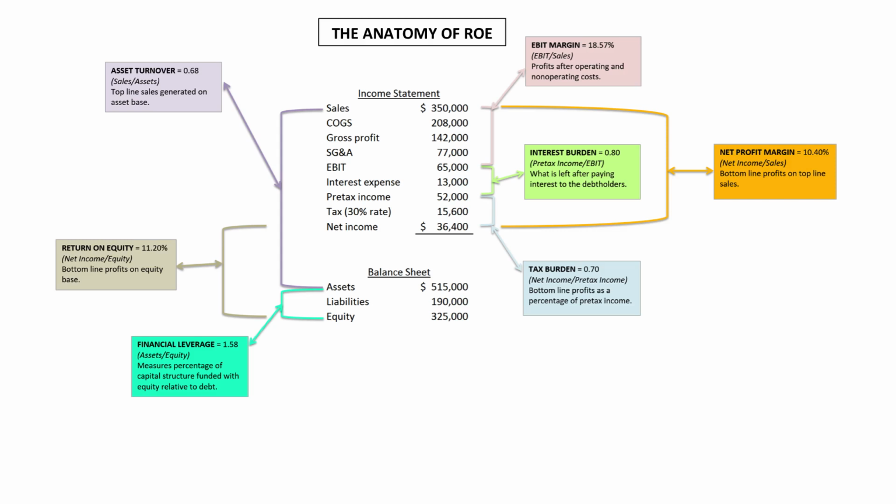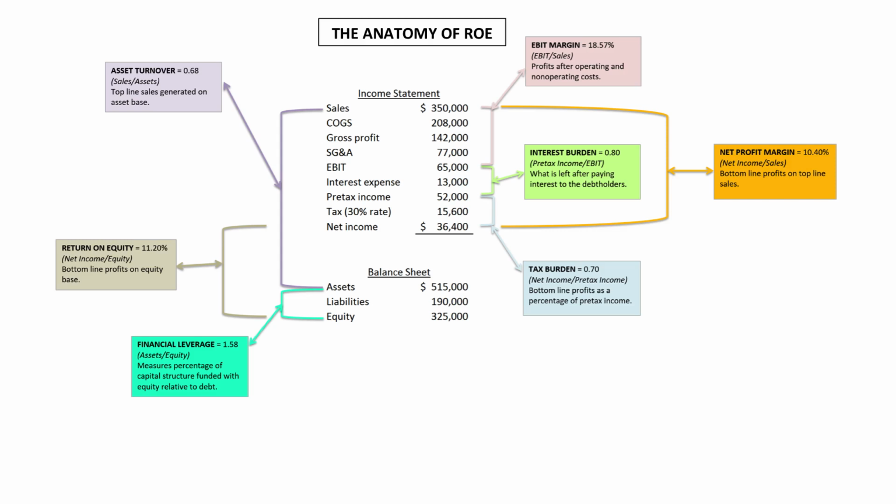All right, the tax burden is heavily dependent upon political factors. What are they likely to do to that tax rate? Our tax burden, again, is misleading because of the word burden, it's a retention rate. How much income are we retaining after we cover our tax burden? So that's our net income, 36.4, divided by our earnings before tax of 52. That gets us a retention rate after we cover our tax burden of 0.7. If you take the 0.7 times the 0.8 times the 18.57, you're right back to your bottom line net profit margin of 10.4.